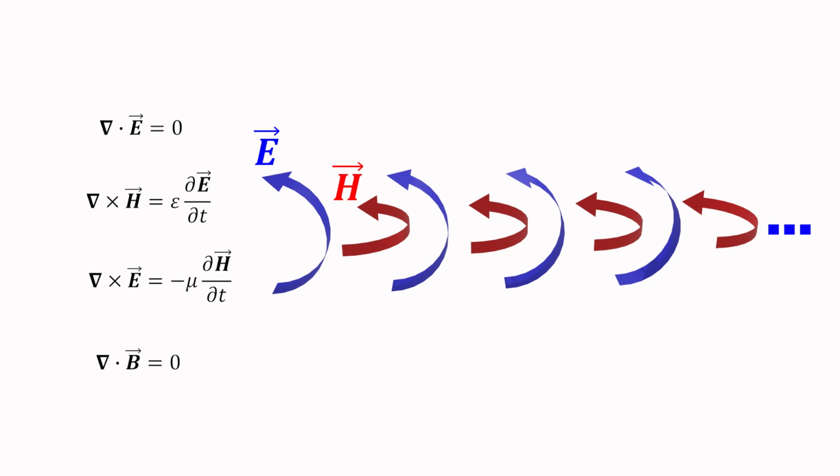Strictly speaking, the actual physics of the behavior of electric and magnetic fields is much more complex than this. It gets down to the quantum level, and it has been studied at great length by many great scientific minds over the years. As such, it is beyond the scope of what I plan to cover in this video, but this simple illustration conveys the general idea sufficiently to allow us to continue the discussion.